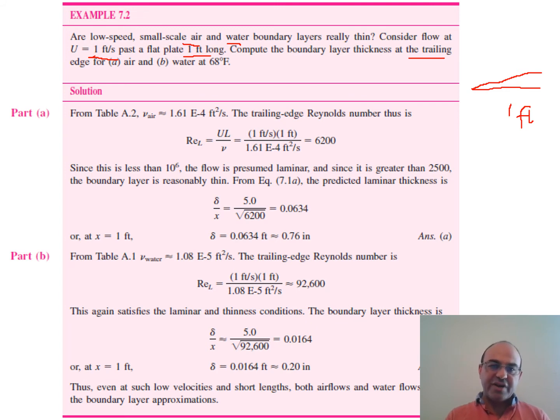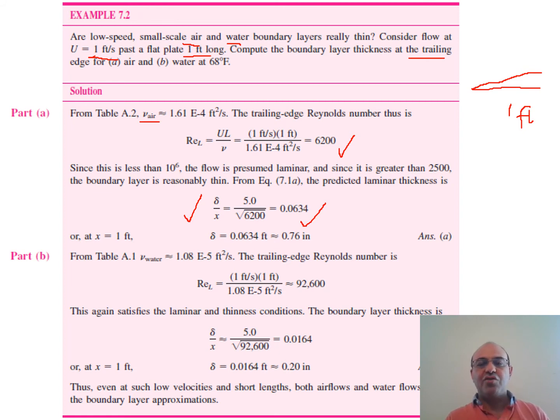First let's do it for air. The kinematic viscosity of air is found from the table. Then the Reynolds number for this condition, 1 feet per second and at x equal to 1 feet, is this. This is very small, but it's still greater than 1000, so the boundary layer approximation is fine, but we do have a laminar flow. So we go ahead and use the laminar flow equation for delta over x, 5 over square root of Reynolds number, and it is equal to